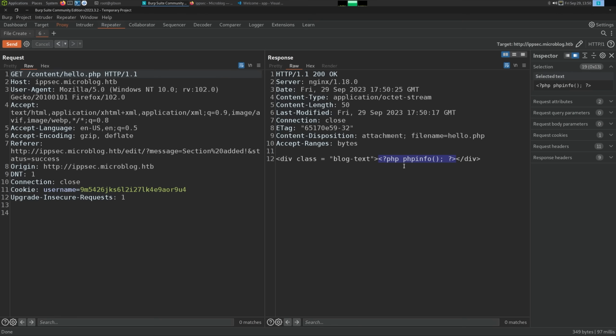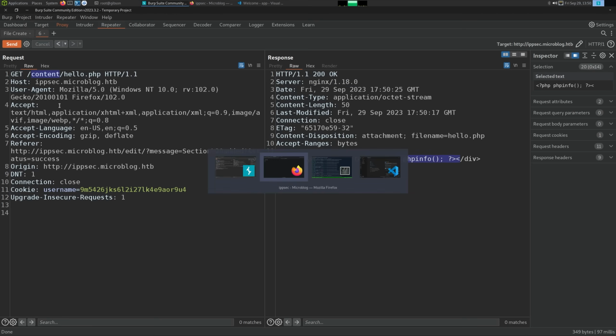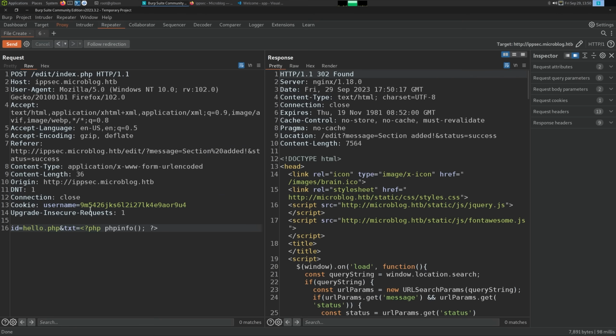So nginx must not be forwarding PHP inside of content to, probably, FastCGI is what it's using. That's just generally how nginx executes PHP. So at this point, I want to go look for a file disclosure, or I guess we could see if we could write to a different directory. If we could go up one, so